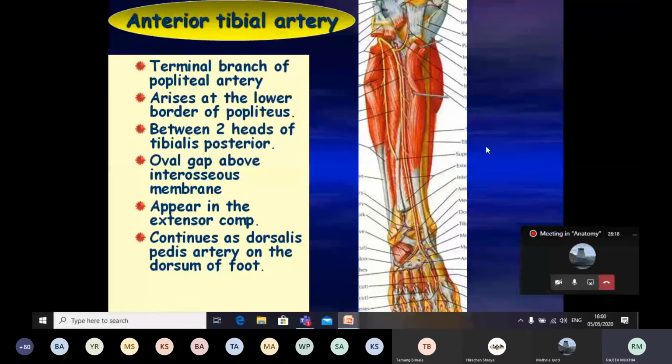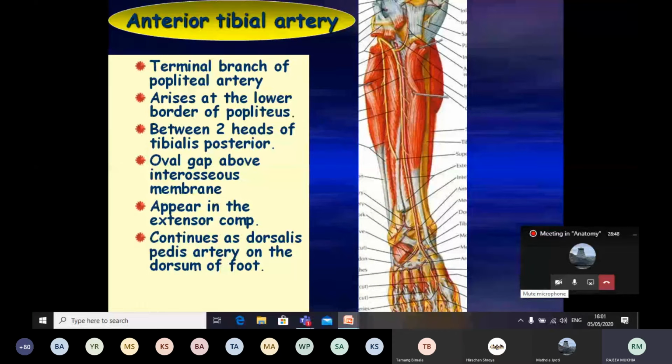Coming to the artery, here you can see in this figure the anterior tibial artery. The anterior tibial artery is one of the terminal branches of the popliteal artery. As you know, the popliteal artery, on reaching the lower part of the popliteal fossa, terminates into two divisions, the anterior tibial artery and the posterior tibial artery. The anterior tibial artery begins at the lower border of the popliteus muscle. After emerging from the lower border of the popliteus muscle, it will pass through the two heads of the tibialis posterior